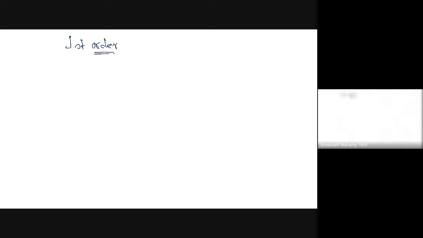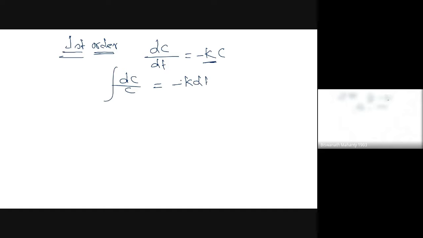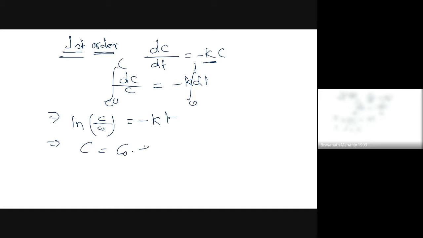Most of the time, drug elimination in our body, we consider as a first order rate. That means dC/dt equals minus k into C, where k is some constant. By this time we can do some integration also. I will integrate it from C0 to C, and 0 to time t. So what will happen? I will get ln(C/C0) equals minus kt, or C equals C0 into e to the power minus kt. That is the first order decay rate